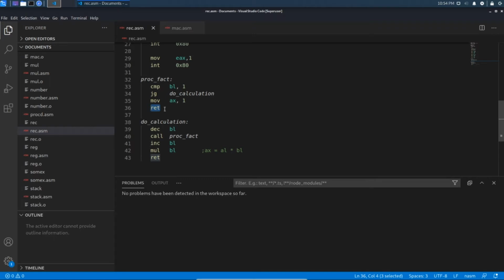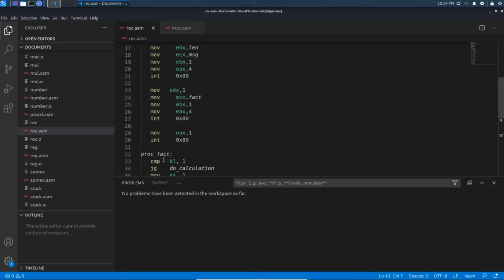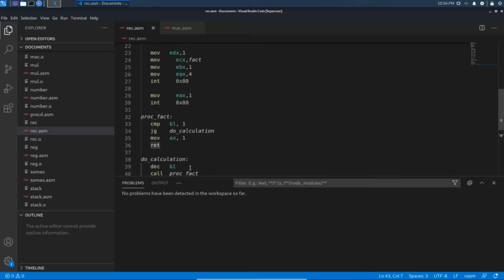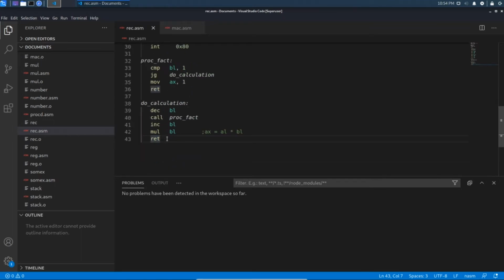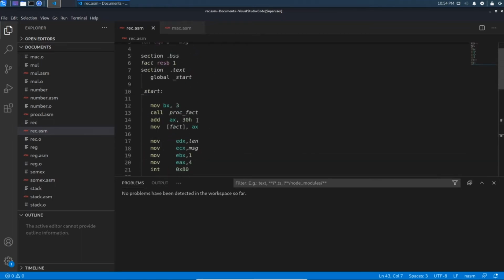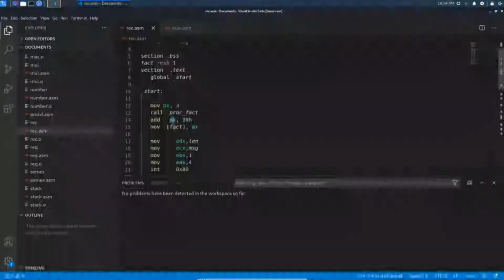As you know, we must return the program control to the main function, as I discussed in the previous video. After returning the result, see here we added 30. We converted the result, and the result gets stored in the AX register.